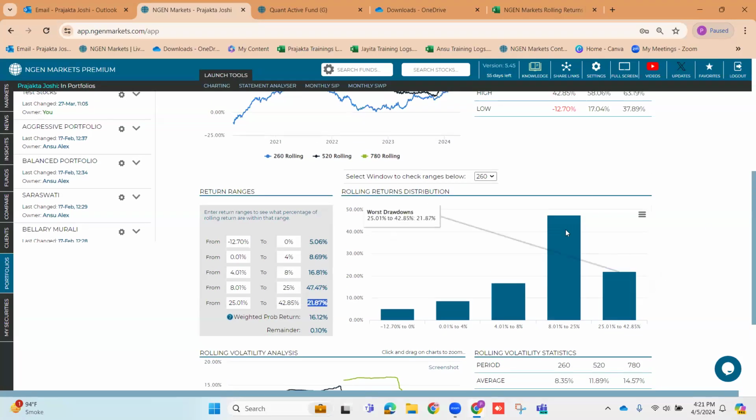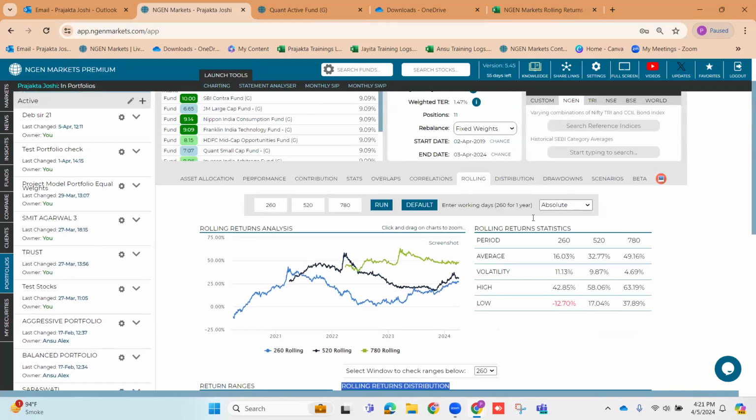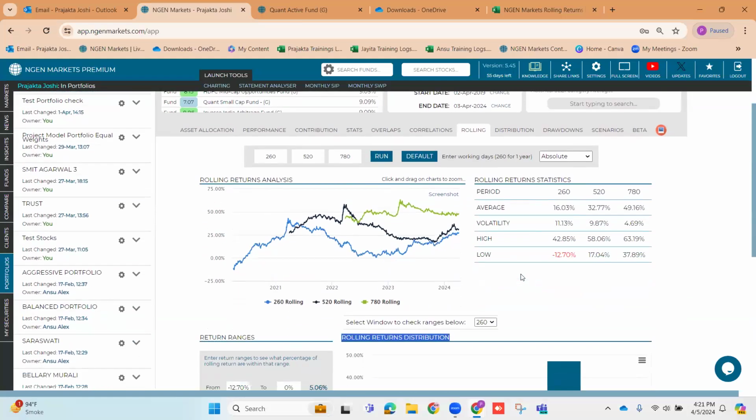Now we have arrived at this conclusion using only rolling returns distribution analysis. And that's the significance of using and understanding these rolling returns distributions. So this was on a portfolio level. Let's summarize. First we saw on an individual fund level how you can understand rolling returns. Next, we understood on a portfolio level how you can use not just rolling returns, but also rolling returns distributions